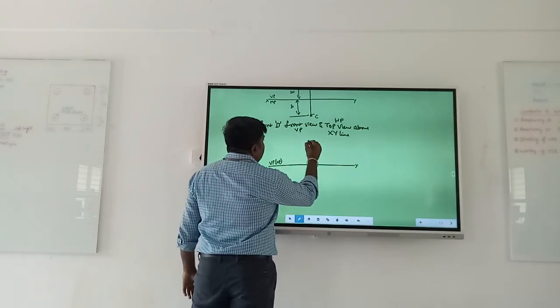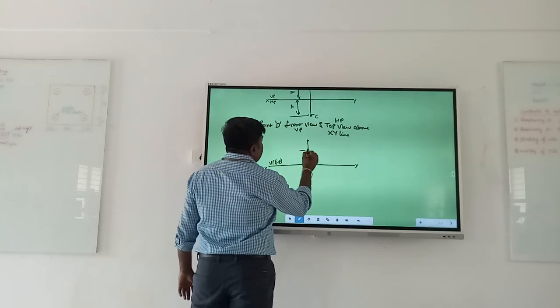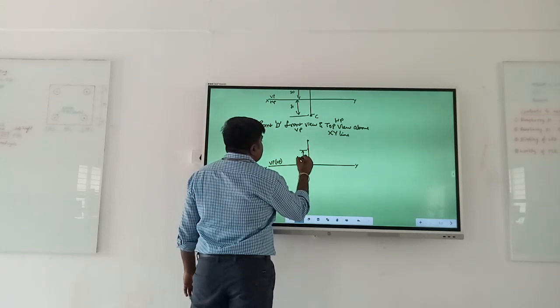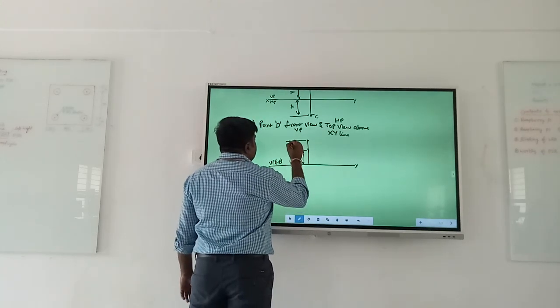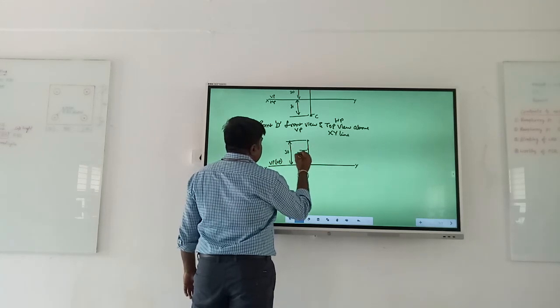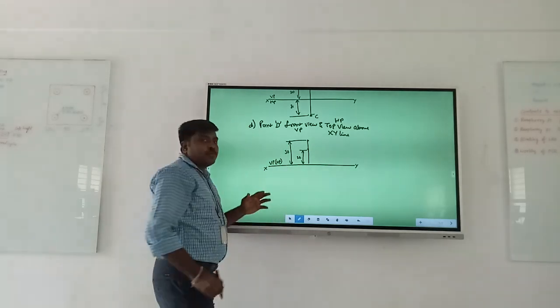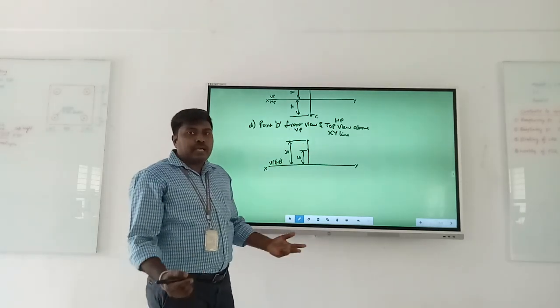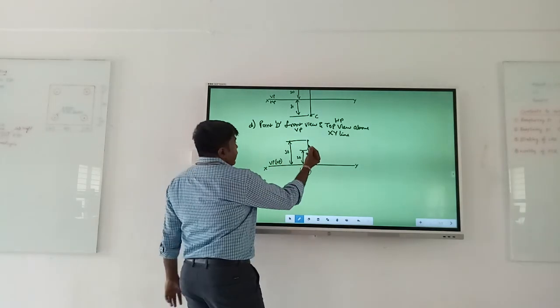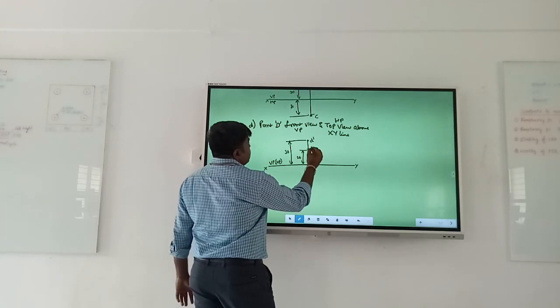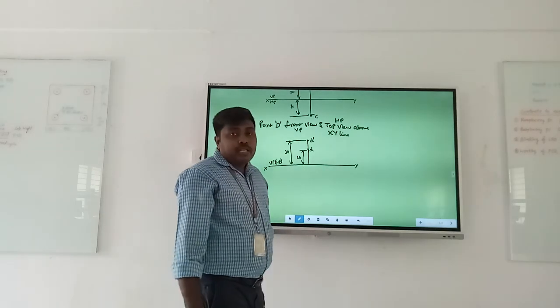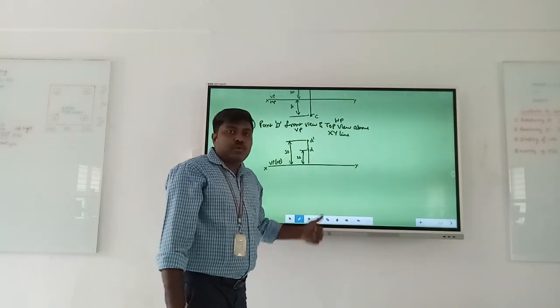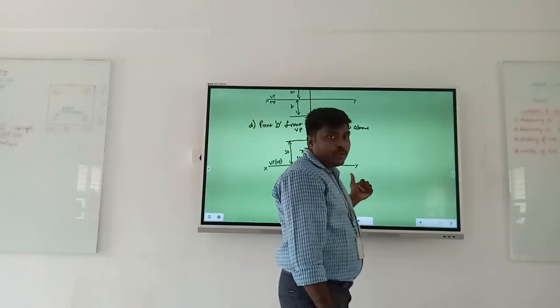Put two points one above the other, straight down. Show the dimensions. This is say 20, this is say 30. Since VP and HP both are in the same place above XY line itself, here you can name any point with dash and without dash. I can take this as D dash and this as just D. And here you write the point D belongs to fourth point. Okay, sorry, second quadrant.